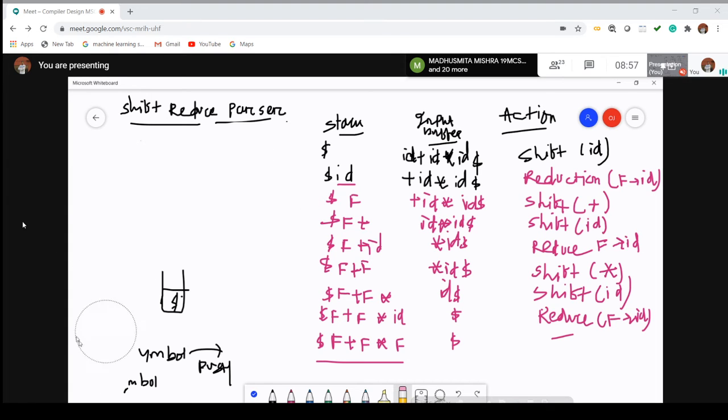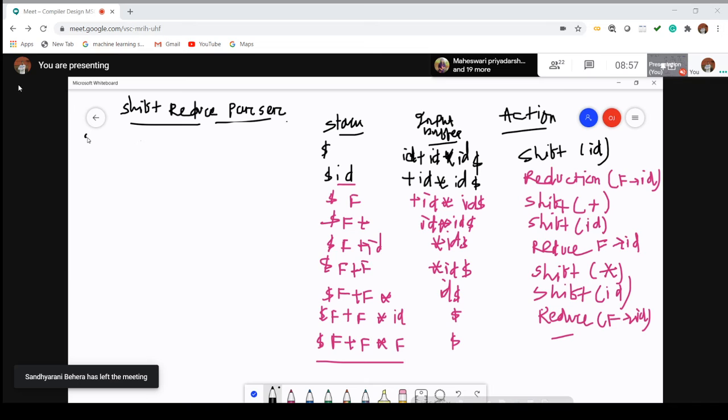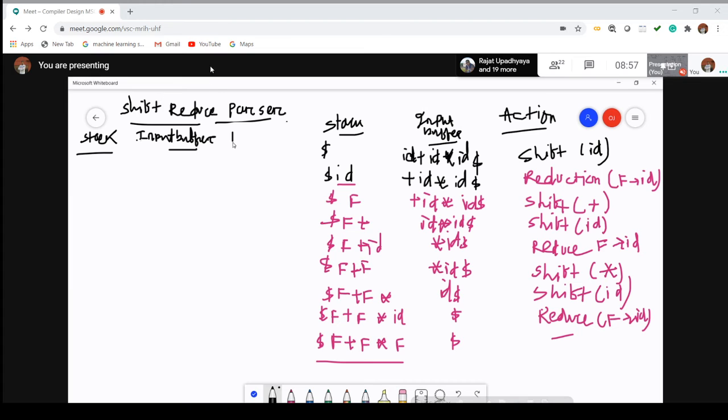Once it is completed, then we also have to check whether I can solve the same problem in a single step or not. So what is the next step? Step number 2, same thing. The output of step number 1 is the input to the next step. This one is the input buffer and this one is the action.